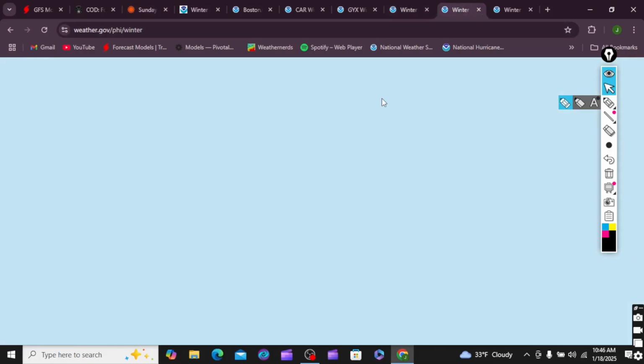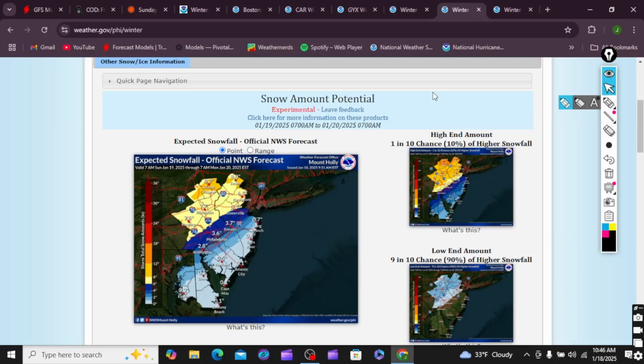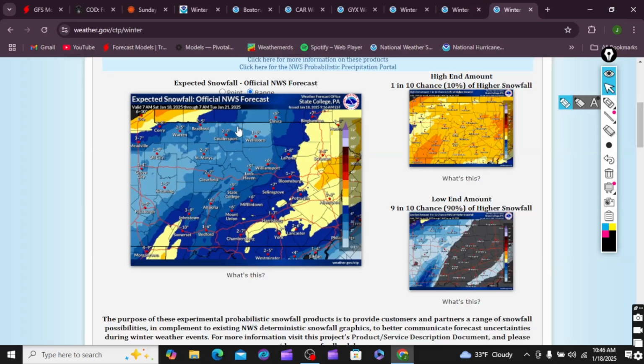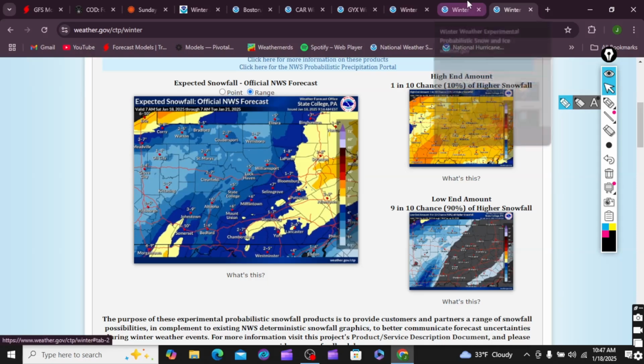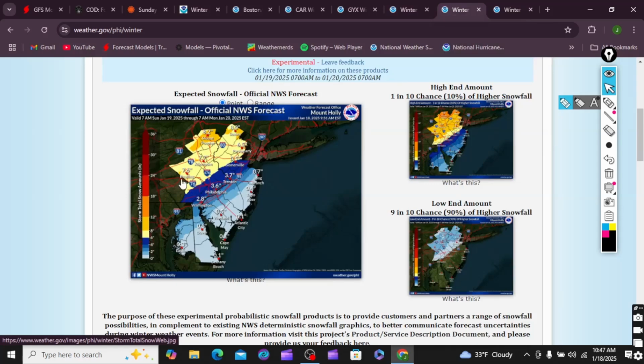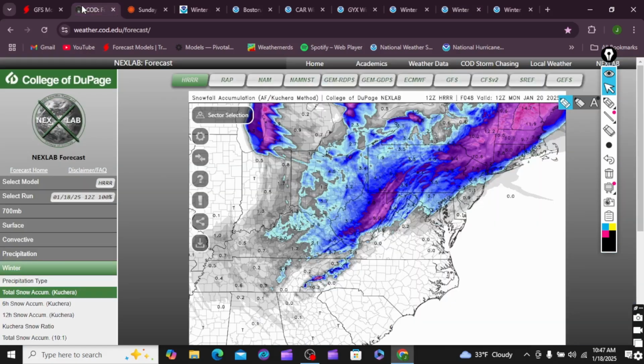Then we take a look at the areas back out in central Pennsylvania. You're looking at generally 3 to 5 inches. As you get closer to the coast, more of that 6-inch plus amounts. And then for eastern Pennsylvania, New Jersey, generally a 6 to 10 inch event there too, maybe even some higher amounts. But that's your National Weather Service forecast. That's your official forecast, so that's what they're going for.